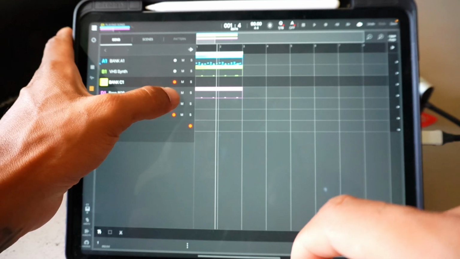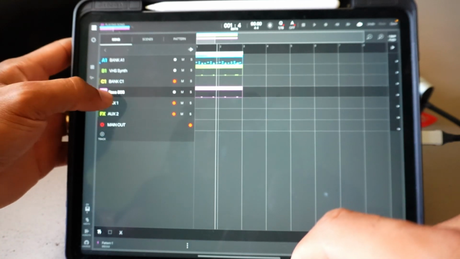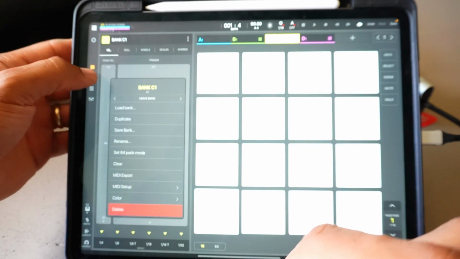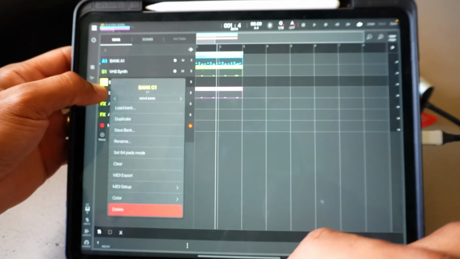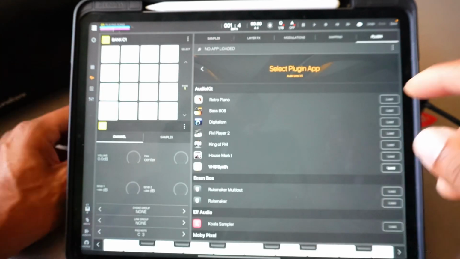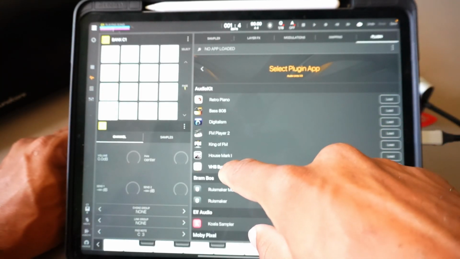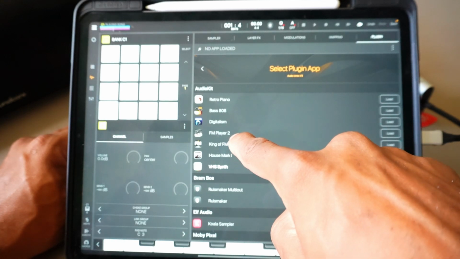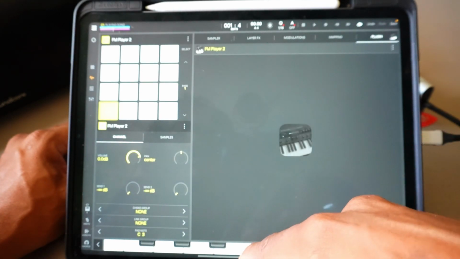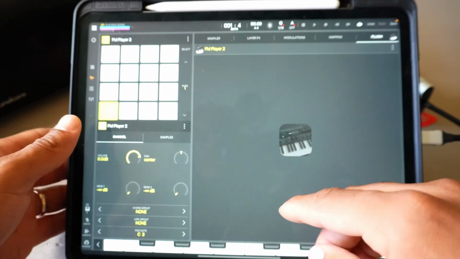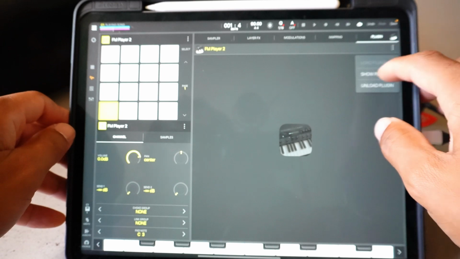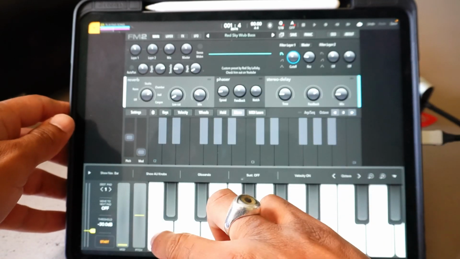So let me take the record arm off of there. I'm gonna, what's going on? I guess I can't rearrange the banks that way, but it's okay. Let me go to the sample, and now let me pick something. FM player 2. I'm gonna open that up, and I'm gonna create some type of melody for that. So hit the 3, go to show plugin,